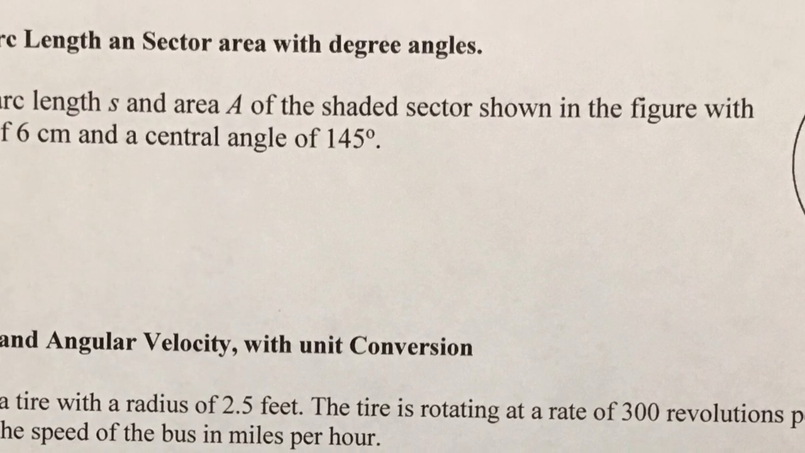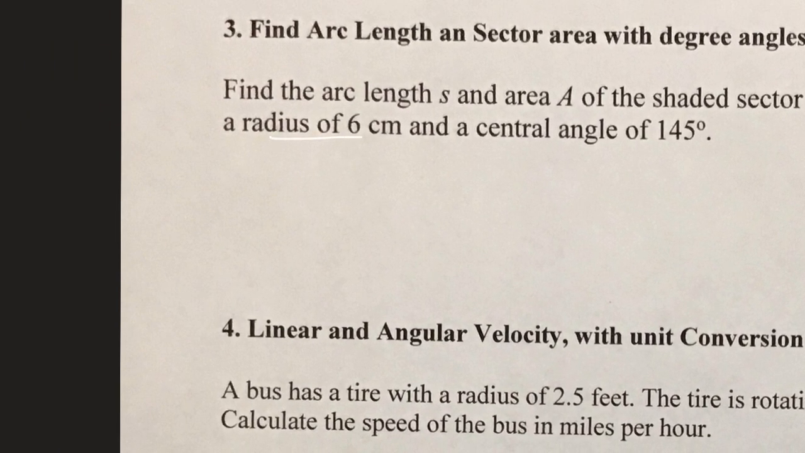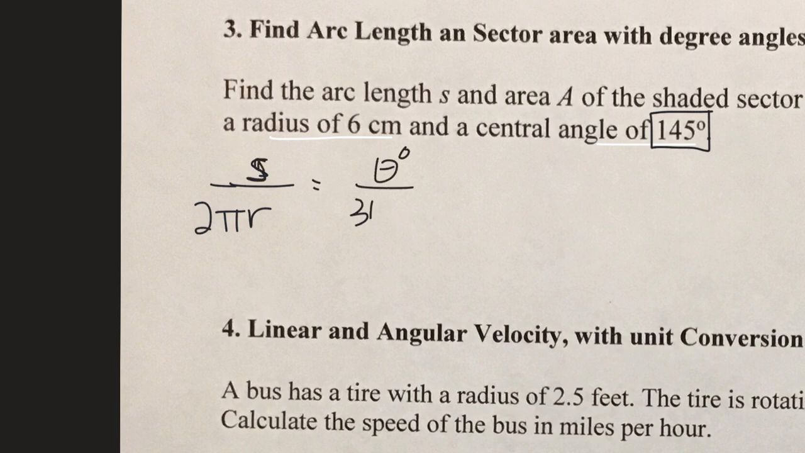Okay, so let's see, what do we know? We know that the radius is 6, check, and a central angle of 145. So we have enough information. Now, when we have an angle in degrees, we have to use the degree formula. S over 2 pi r, right? It's a circumference. The arc length is compared to the circumference, just like the angle degree is compared to 360 degrees. Okay, when we have a degree as an angle, we use the degree proportion in order to find this